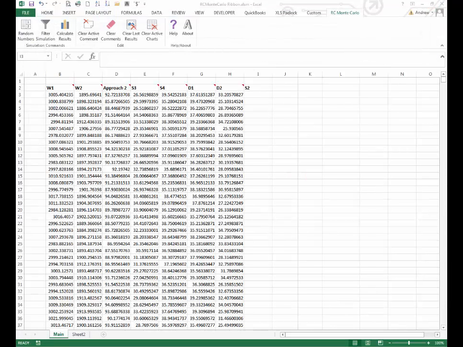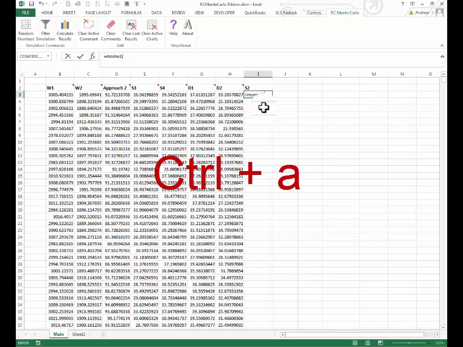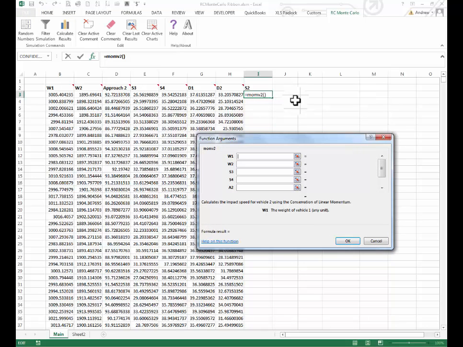I want to get the speed for vehicle 2. That equation is MOMV2. I have to type an equal sign first, is equal to MOMV2, open parentheses. Now to figure out what are the arguments and what order they need to be in, once I type the opening parenthesis, I can hold the Control key, then press the A key. That's Control and press the A key while I'm holding the Control key,